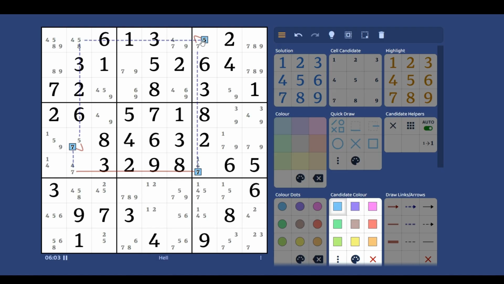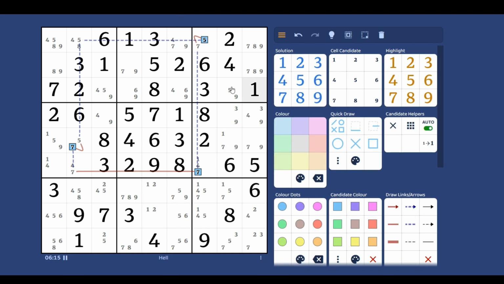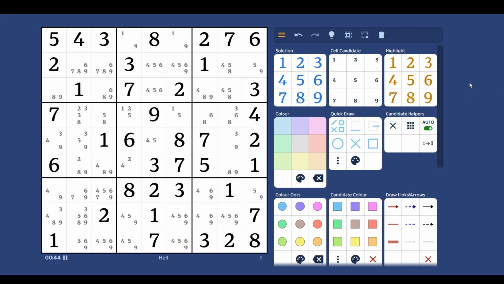But at the same time, this initial 5 would be true, which would make this 5 false. So this 5 can't simultaneously be true and false. Therefore, we know that our initial assumption of this being a 5 is not true. So we could actually demonstrate through a Nishio forcing chain why these discontinuous nice loops, whenever we have two adjacent weak links, we have to eliminate the candidate. Similarly, we could actually demonstrate when we have two adjacent strong links, we force the candidate to be true in